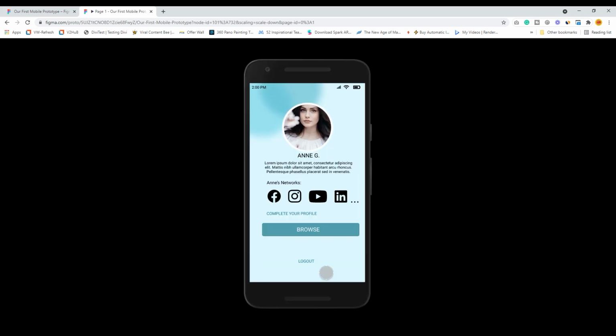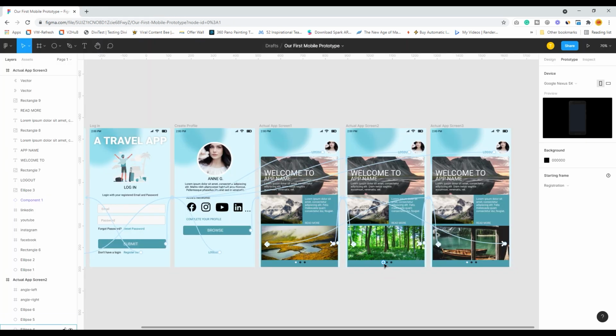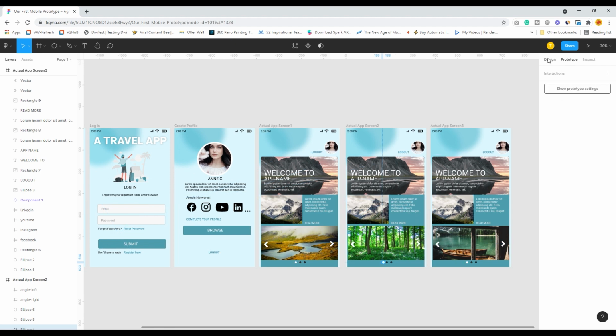Let us now check the prototype again. Click on submit, click on browse, see how it happens. Lovely, right? Because it is now only happening in this particular screen. That is the best part of the smart animation. Okay. One small thing is still left which I wanted to do is that I want to change this particular thing also as the color is moving. So let's see. I will click on this. First I have to move into the design mode to do the design changes.